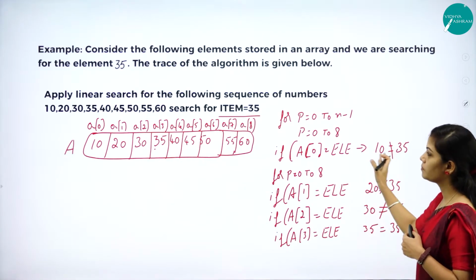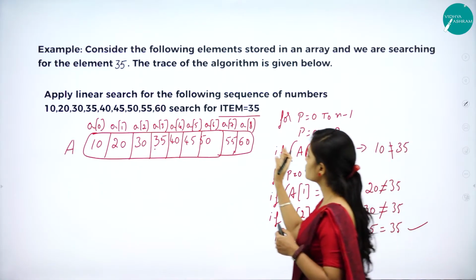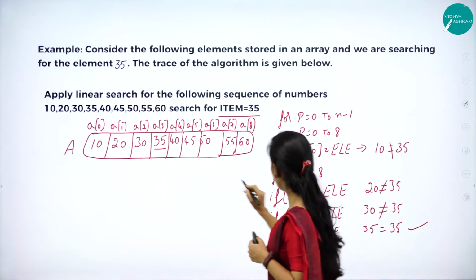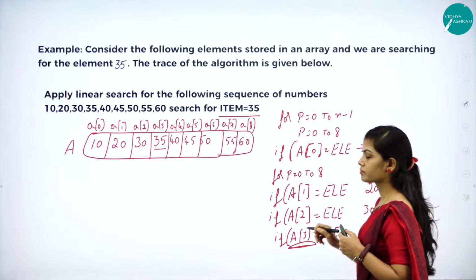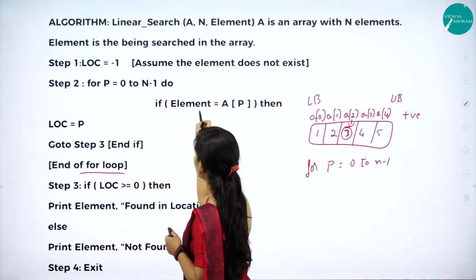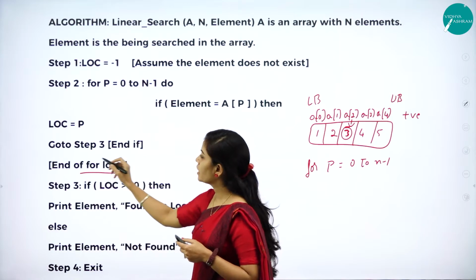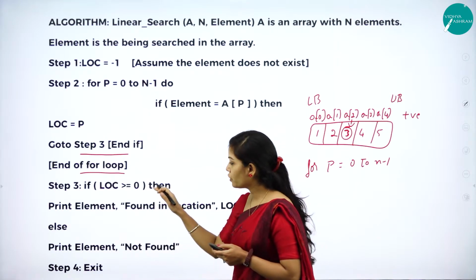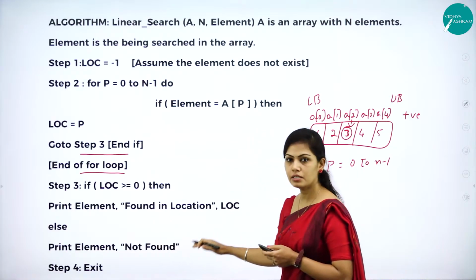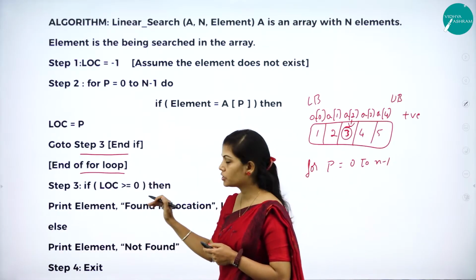This is called searching for an element in the array. Here we are going to search for an element called 35. The location of this 35 is A of 3. So we have to use this for loop for finding the element of the array, and we will get the location equal to P and go to step 3. If your element has been found, it can print the element. So the searching is successful. If your element has not been found, then